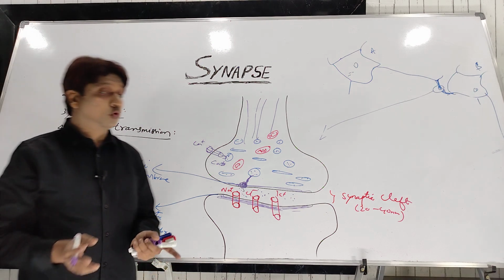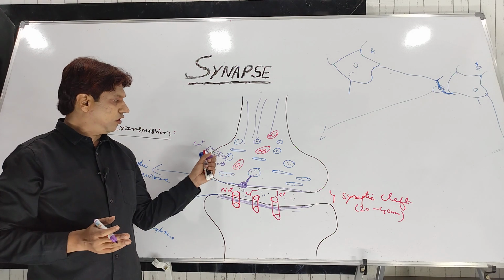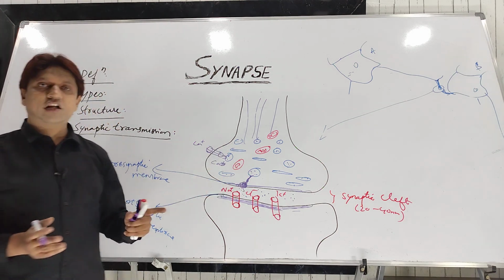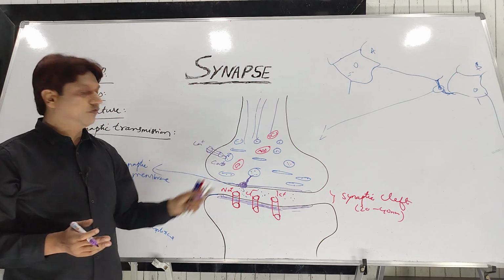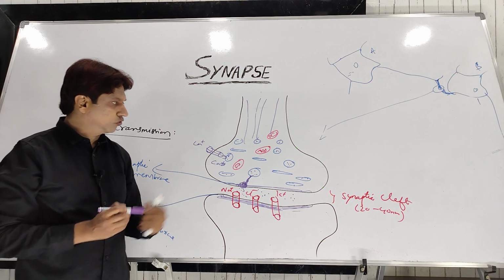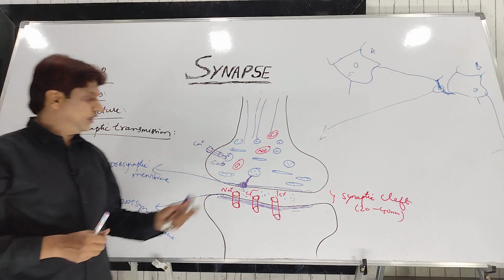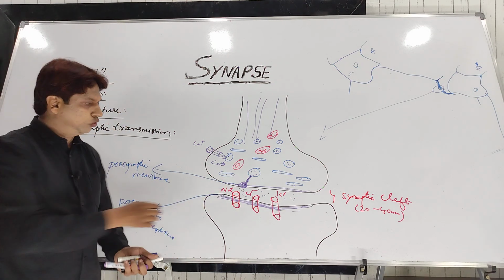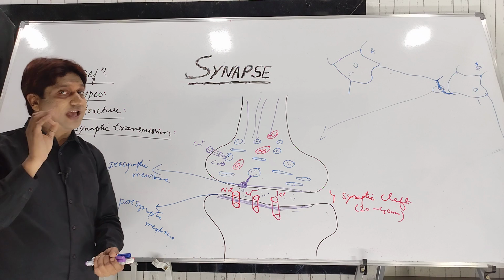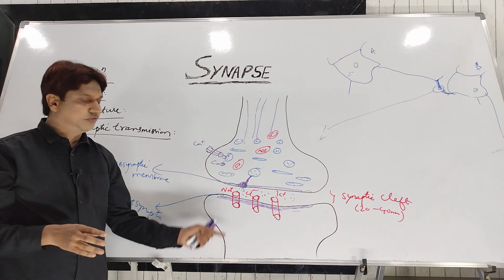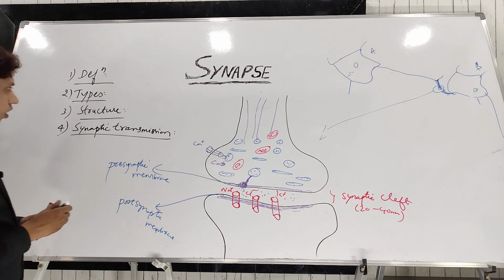Again, neurotransmitters are of two types, excitatory and inhibitory. So the first step is release of the neurotransmitter into the synaptic cleft, due to depolarization and the opening of the calcium channels. The neurotransmitter which was stored in the synaptic vesicles is released here. Now if the neurotransmitter is excitatory, it will lead to some electrical changes in the postsynaptic neuron, the next neuron. That is, electrical changes, not the action potential, which will not be conducted. It is a local response, and that local response is called